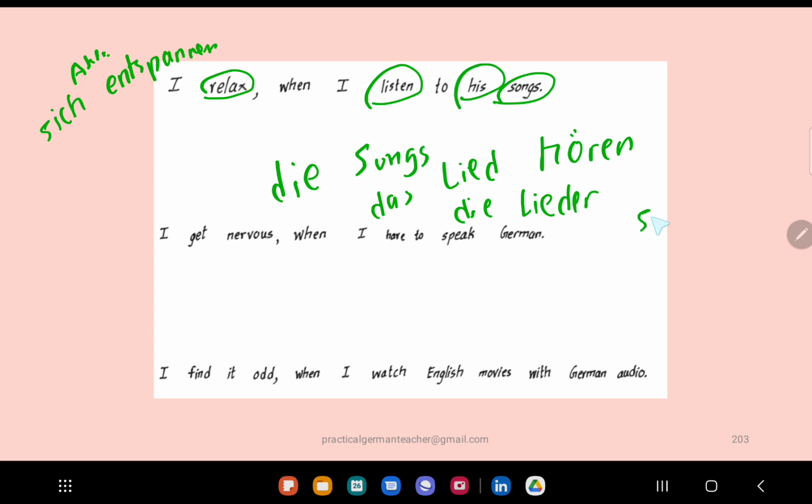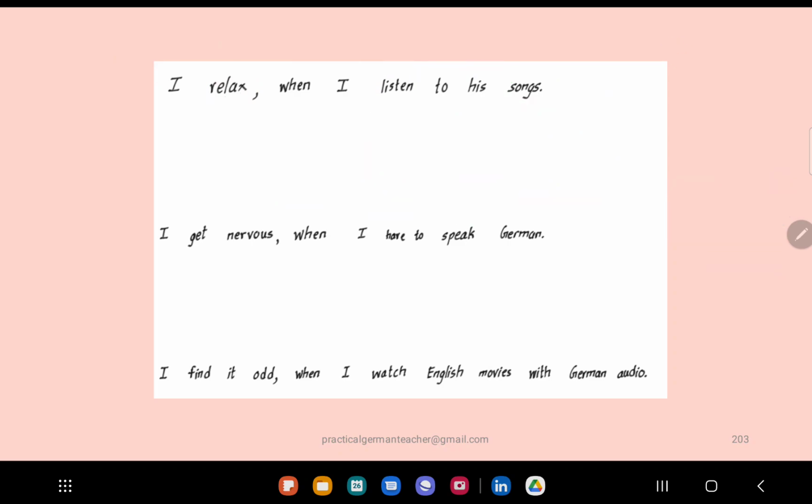His, so you will have to use sein. Now, here you're talking about something plural. So when it is plural, it can be seine or it can be seinen. Seine you use for nominative and accusative cases. Seinen you use for dative cases. Now here it will be accusative, so you will be using seine. I'll give you the complete answers on the next slide. I just want to give you an approach for how you can start thinking in German, framing sentences in your head in German.